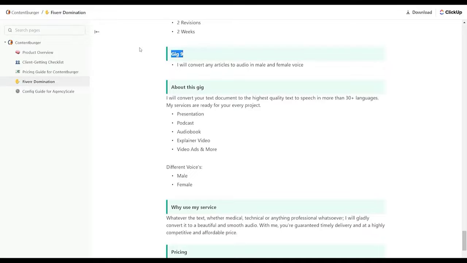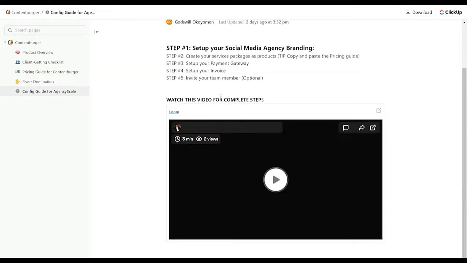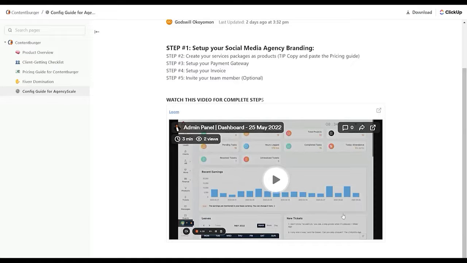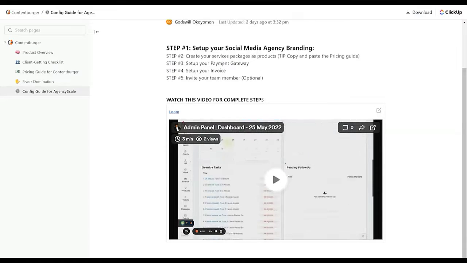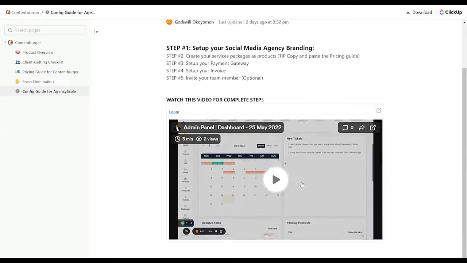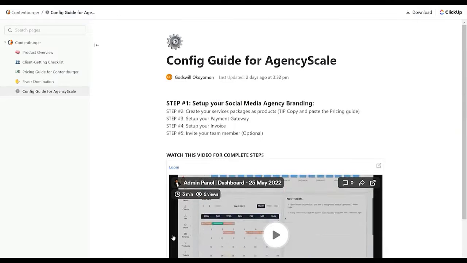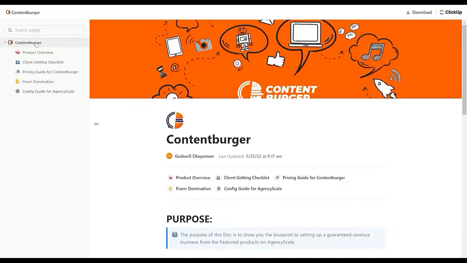Now remember, this is just one product. There are more than 30 products that are included that have this kind of detail for you to use. And then there's a config guide for AgencyScale itself. Here's how you go into AgencyScale and set it up so that you are set to use Content Burger inside your AgencyScale. So we give you all the stuff outside of AgencyScale. We give you all the stuff inside AgencyScale. This is just for one of the more than 30 products you'll get in the blueprints